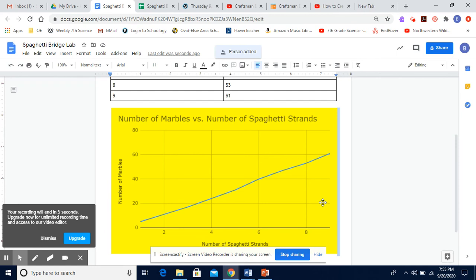Awesome. I hope you had fun creating this line graph based on our spaghetti lab, the number of marbles versus the number